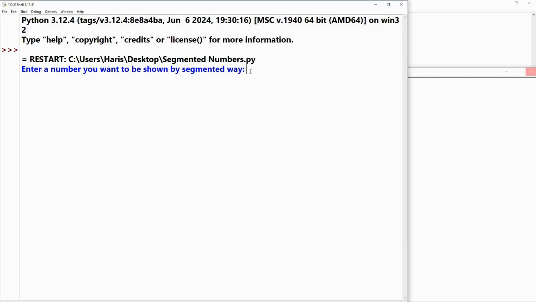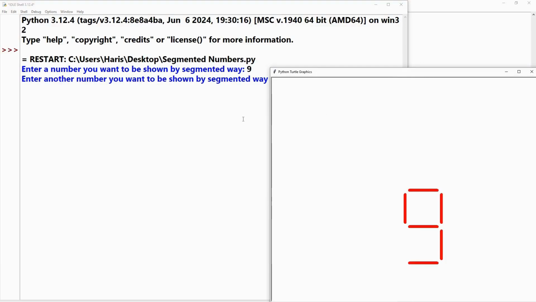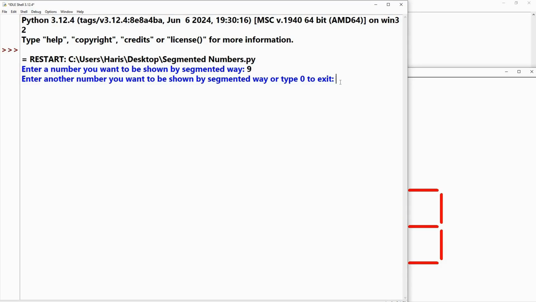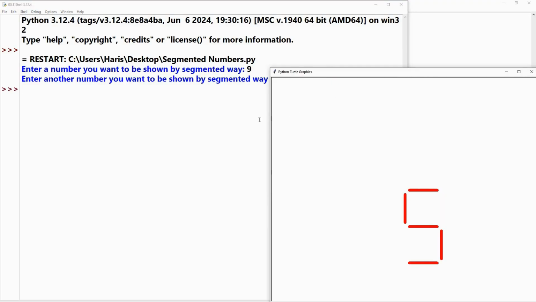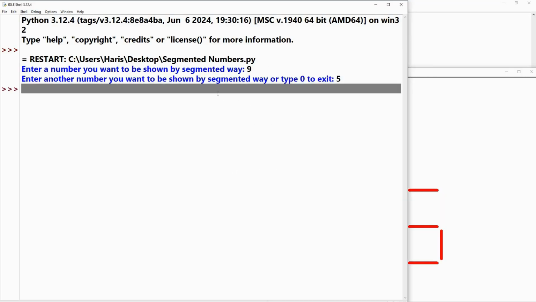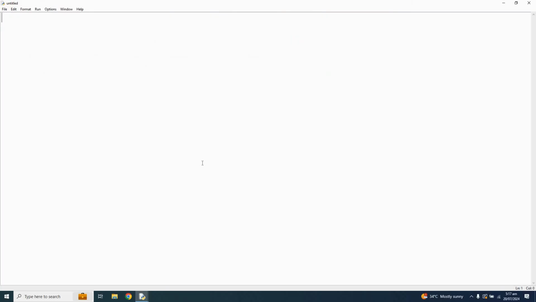Today, we will make a simple project which will take 1 to 9 numbers as input from the user, and will then convert them into segmented form. Building this project will boost your Python programming skills and give you a fun, hands-on experience with the Turtle module